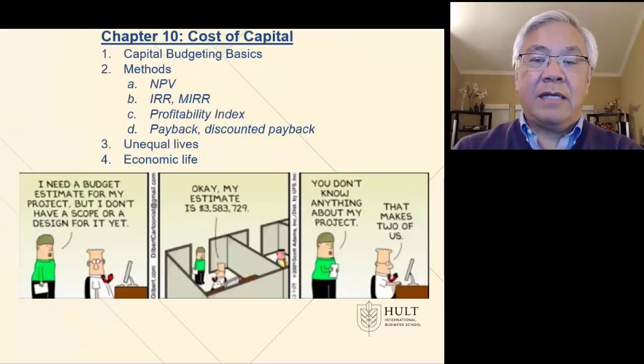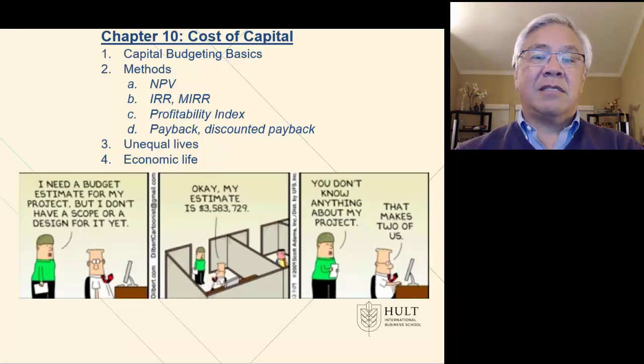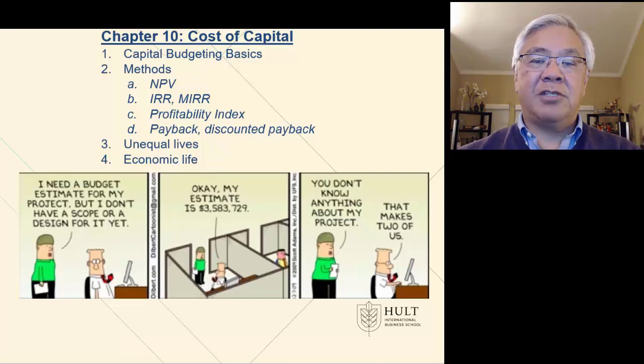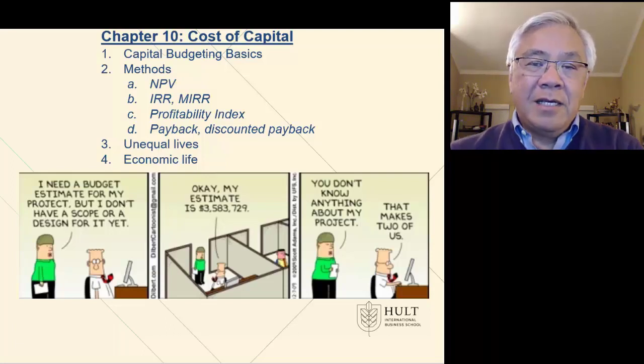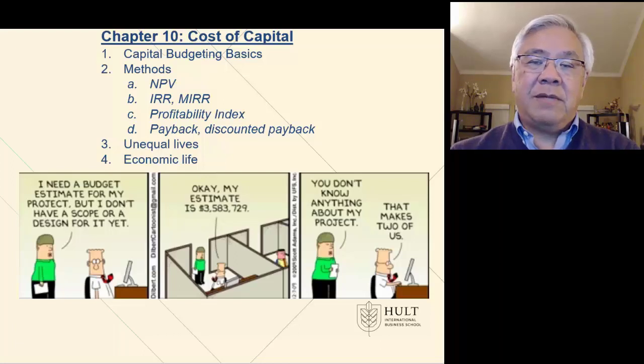All right, so first let's look at the objectives. We're going to look at capital budgeting basics just to familiarize ourselves with the process and the types of things that we're likely to see. Then as far as methodology, we're going to see all types of tools today. We're going to look at net present value, the internal rate of return, the modified internal rate of return, the profitability index, payback, and discounted payback. Then look at some complications that are common in real life, such as unequal lives of different projects. And finally looking at the economic life versus the physical life of certain assets. So we have a lot of work to do in this particular module,